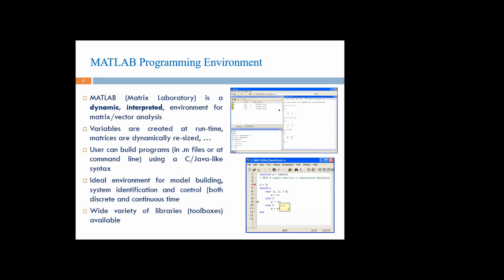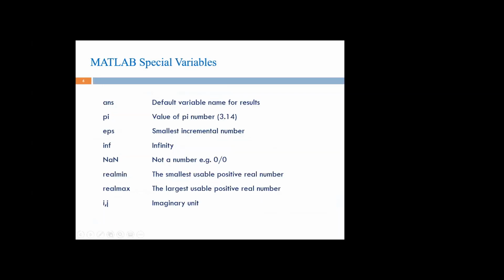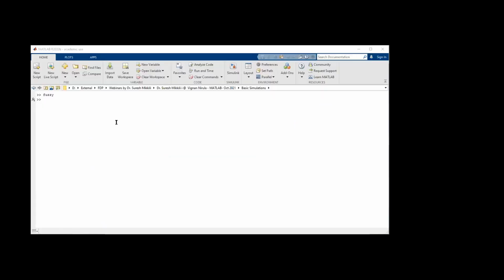Let us suppose I will show you one example. Even programs you can do. Let me show you, one second. In the command window, I enter a row vector 12, 14, 63. It is showing as a matrix. When I want a row, a comma is given. When I want a column, the semicolon will be used.